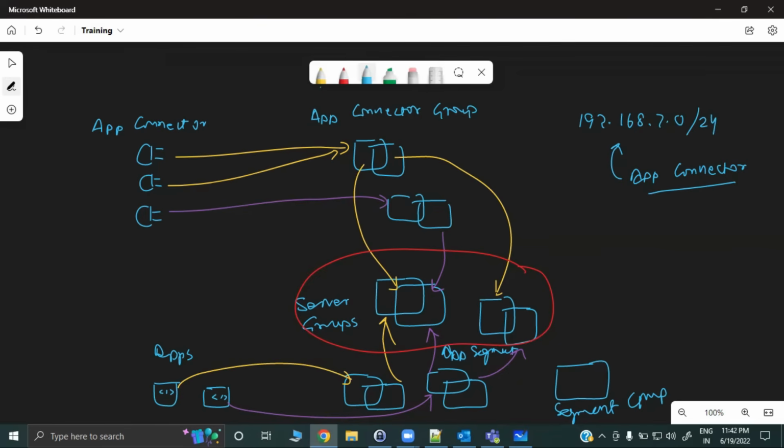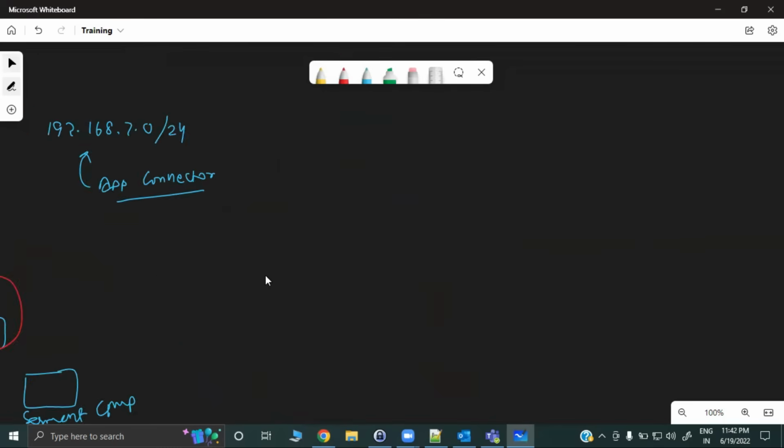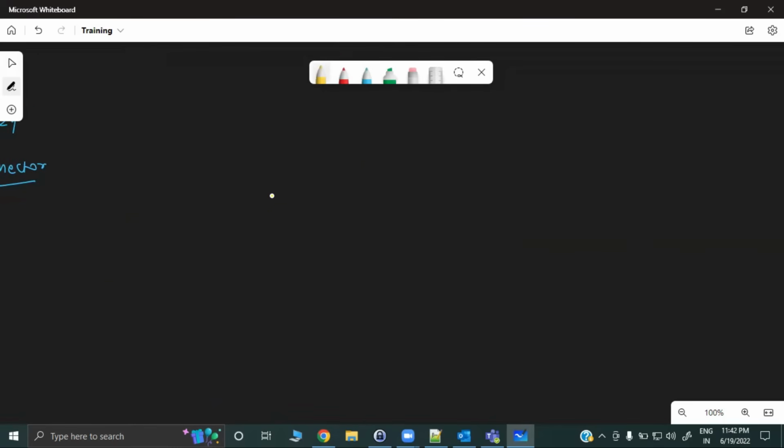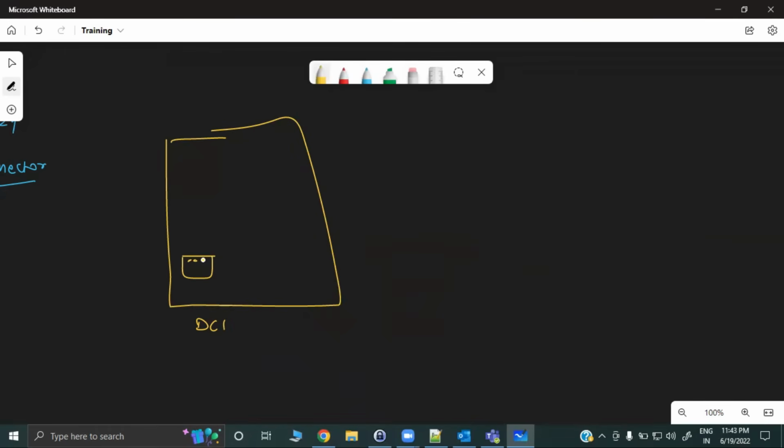Now, if you're going to group your application instances, right? What would be the best practice for that? So let's have a look, right? It will give you more clear understanding of what we have just discussed here. So let's say you have your two data centers. One data center is here, and you have your application instances as well. You have multiple applications here. These are your different application instances,